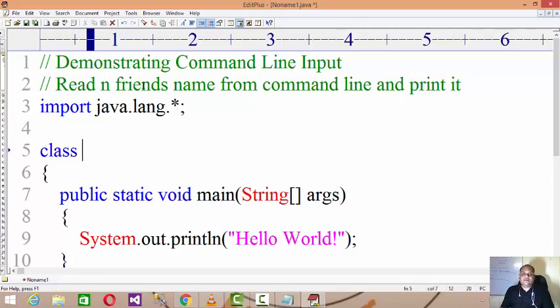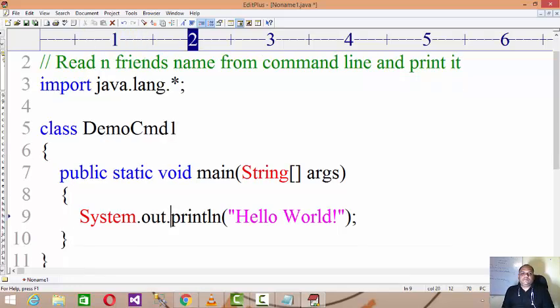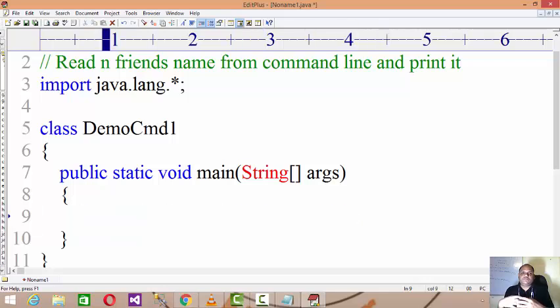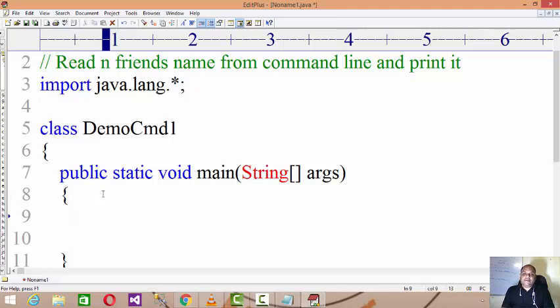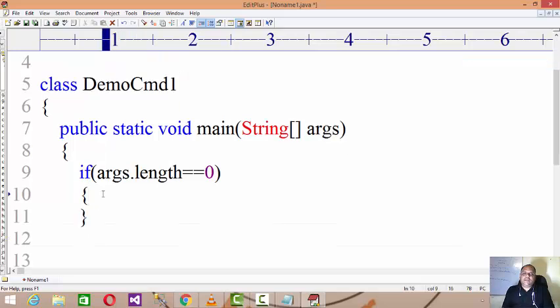So I will write DemoCmd1, Demo command line 1 is my program name. As we just recently discussed, whatever inputs we give from the command line get assigned to the array of strings. So I'll write first: if args.length is equal to 0, it means we haven't made any input.